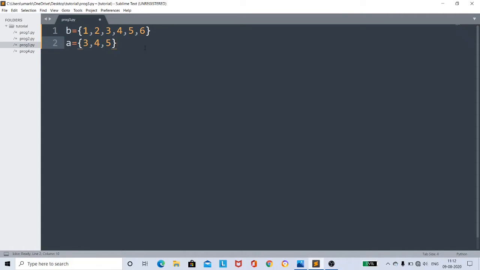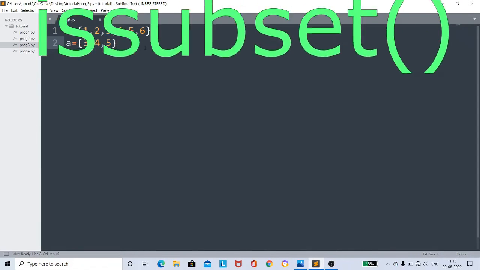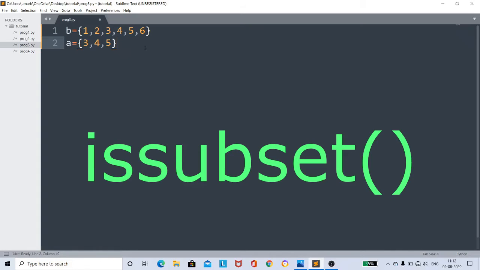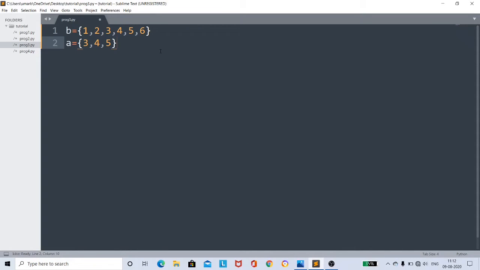To check whether a set is a subset of another set, Python has an inbuilt method, that is the issubset method. See here, I will explain the example.